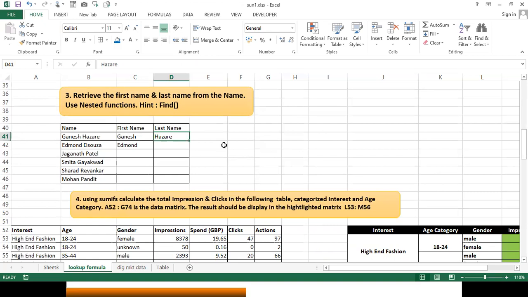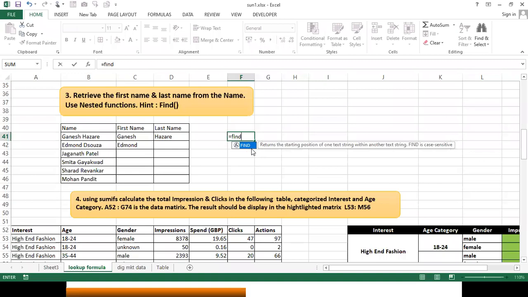How will you do this? We are going to learn this immediately. Before that, find out what FIND does. Equals FIND. What do I have to find in this? That's the question that comes. Every name is different. What is the identifier between the first name and the last name?